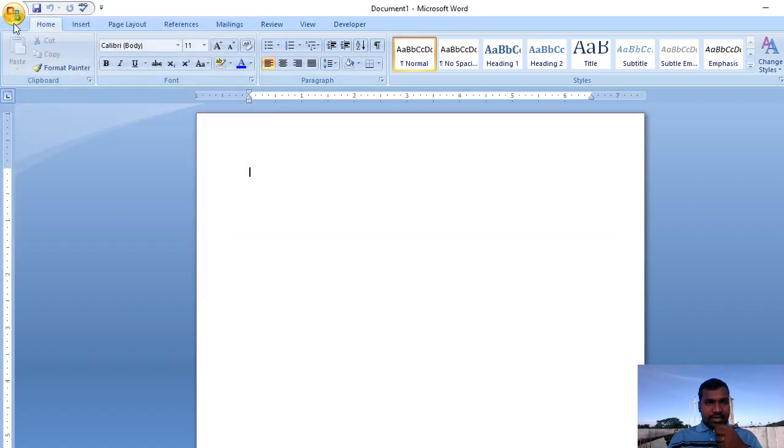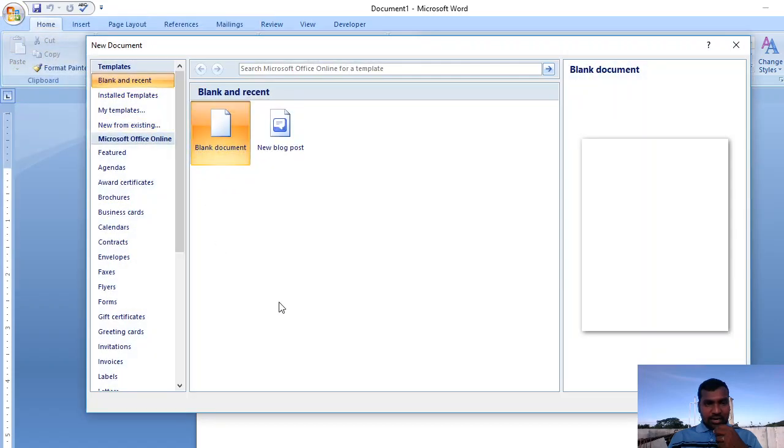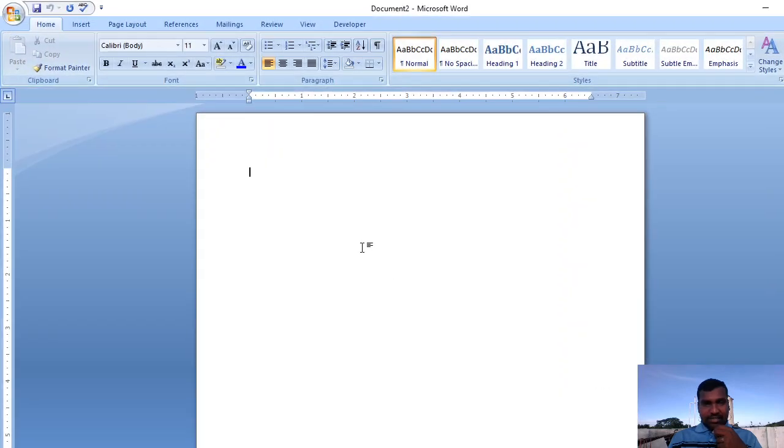I want to create a new document, so click on this new. Then by default this blank document is highlighted. Just click on create, then a new document will be created. Okay, and what we have discussed is, now I am going to type several things. So this is my first document.